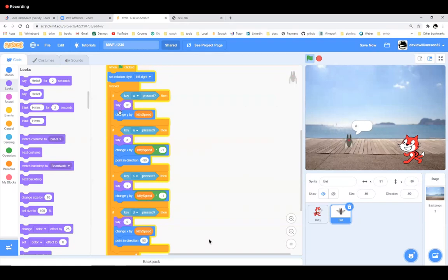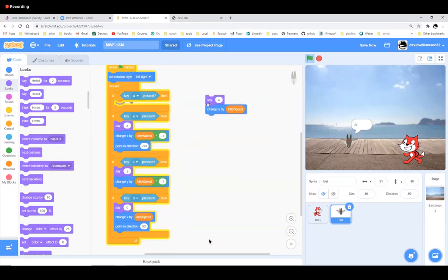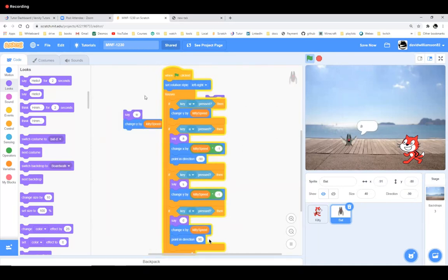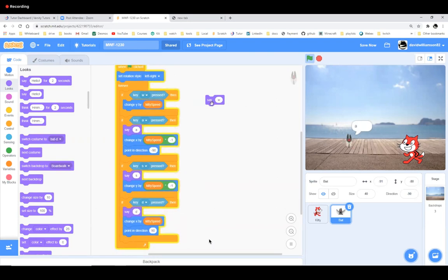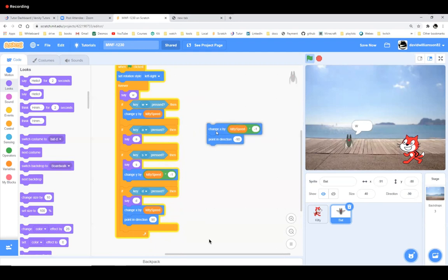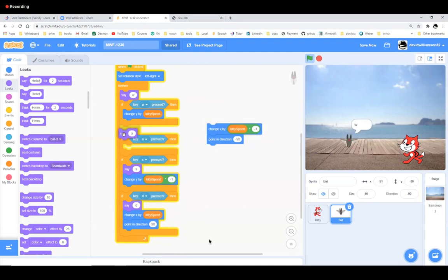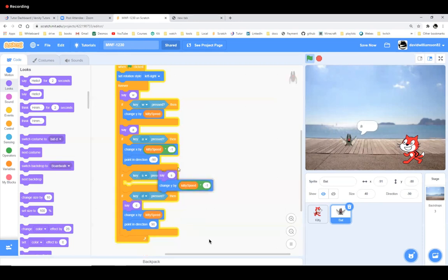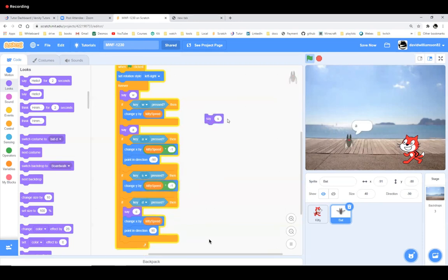Let me do it like this then. Hey, what's behind there? No. Okay, look. That's pretty funny. Oh, wow. If you just use the say block, then he actually does not stop. He just lets it hang.